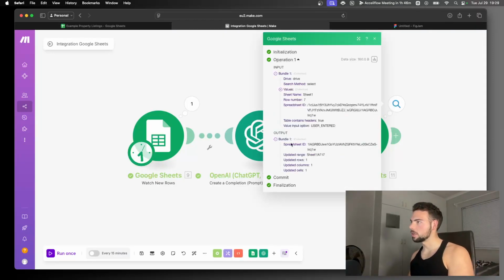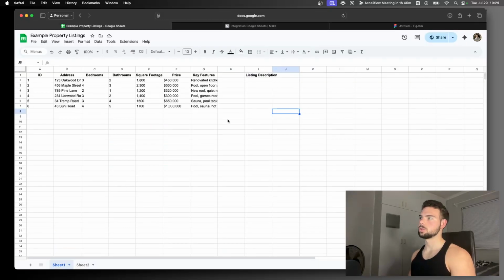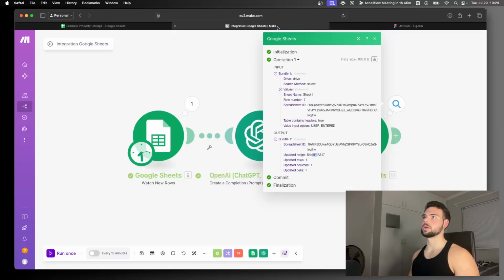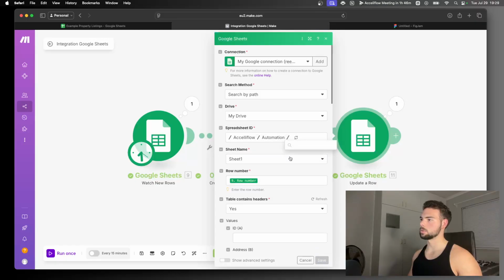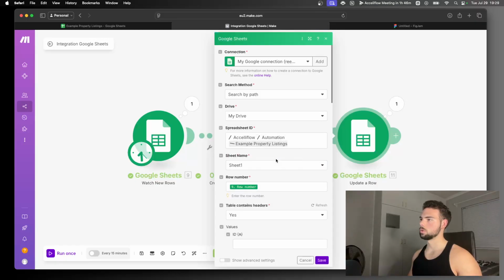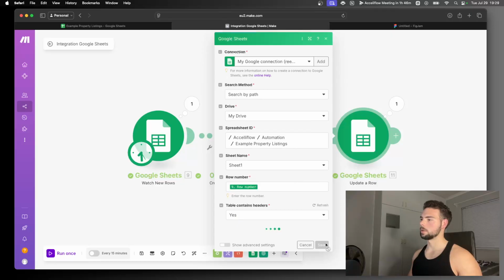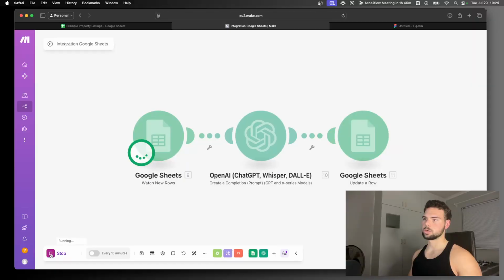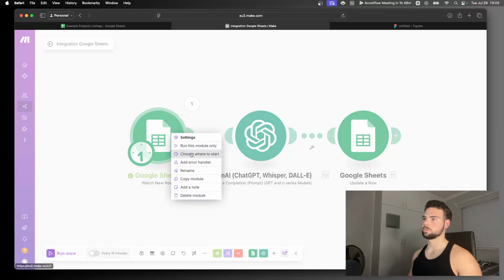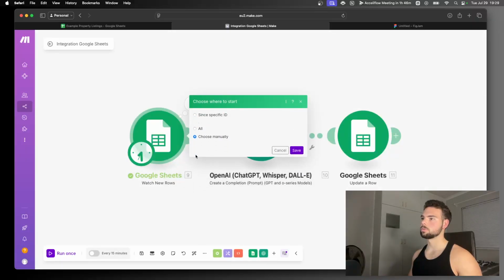Let me go ahead and check here. Updated sheet 1. We're on sheet 1. I think it's gone ahead and updated the wrong one. So in this case, let's see if we select the other one. Not that. We want to select this one. Select that one, and let's see if we save and see what it does. I think it's only, yeah. So we'll go ahead and